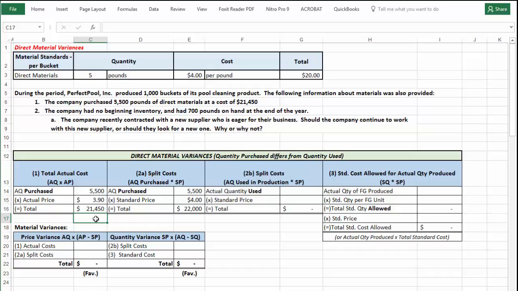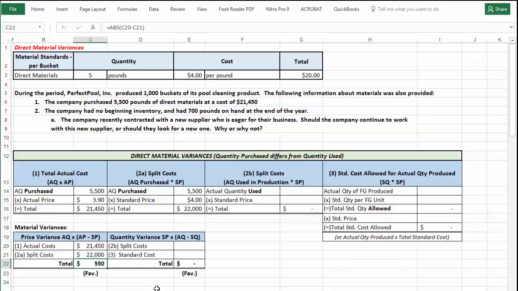This looks like a favorable variance to me of 10 cents per pound, the difference between $3.90 and $4 a pound, times 5,500 pounds. So let's calculate that in total. Total actual costs were $21,450, and we're comparing those to actual quantities at the standard price of $22,000, and we have a